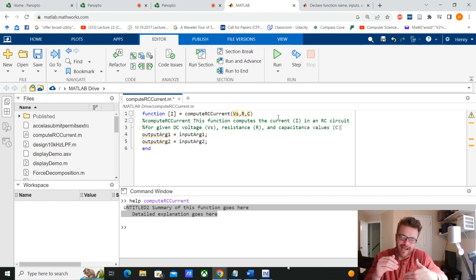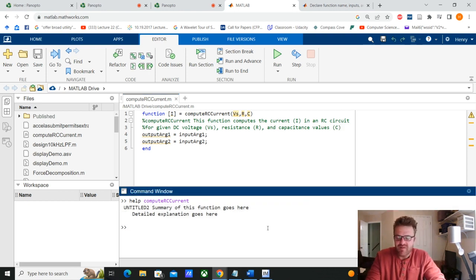This isn't actually being interpreted by the MATLAB interpreter. It's just for you and other end users that use your functions. Remember, when you write functions, they're probably going to be used by both yourself later on in a repeated fashion, maybe way down the road when you don't remember exactly what it does, along with other people that don't want to dive into the details of your code. They just want to know, hey, what did I put in? What did I get out? So these comments are probably the most important text within your actual code,